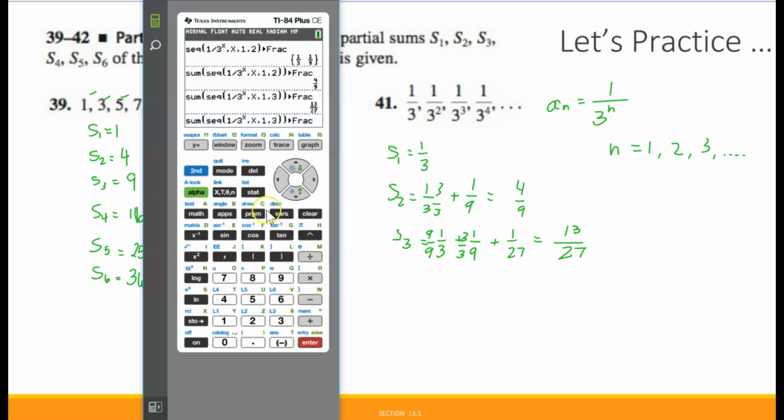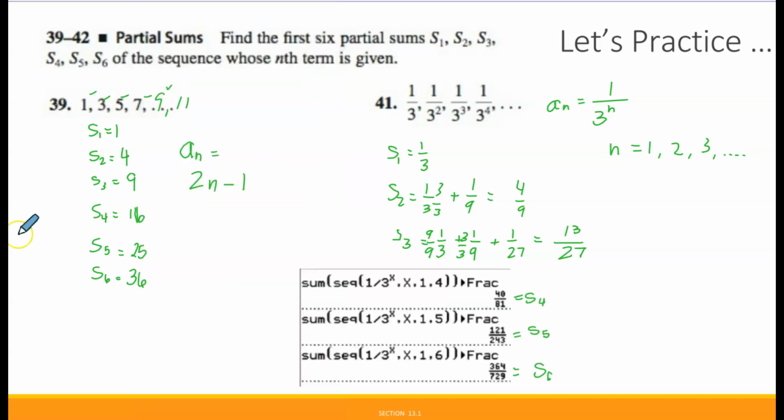Then we can go to the fourth partial sum. We're adding up these 4 numbers. That's a partial sum of 4 terms of our sequence. Then we can go to the fifth partial sum, and finally the sixth partial sum. And there's our three answers. Let's go on to our